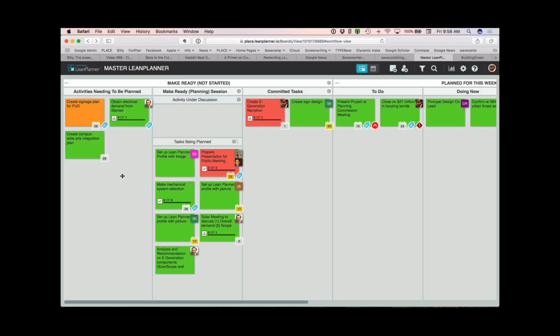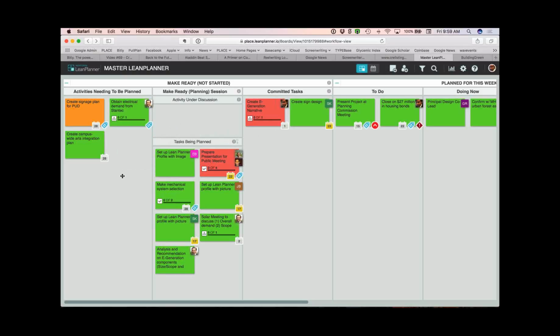So absolutely, we think it can add a lot of value, but fundamentally, only if everybody's on board and has agreed that, yeah, this is how we're going to manage this.